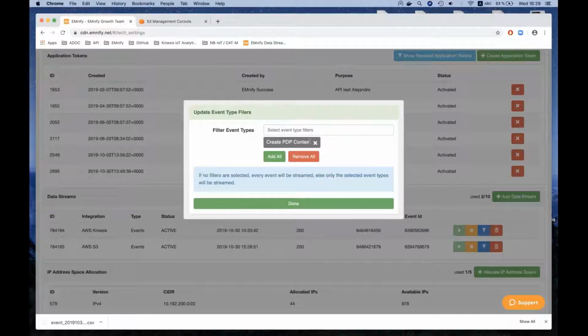The reason why this is useful is maybe I have some other service reading from my CSV files in S3, and I'm only interested in one event. Well, I can filter it either in my application or in my AWS service, but I can also filter it directly here on the data streamer. This might save some resources on your AWS application, maybe you have to build some code that's filtering out everything. You can actually do this directly on